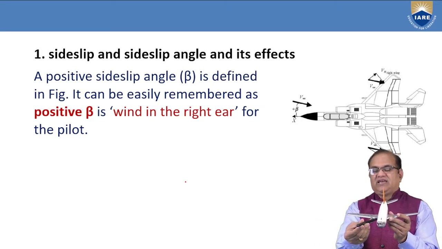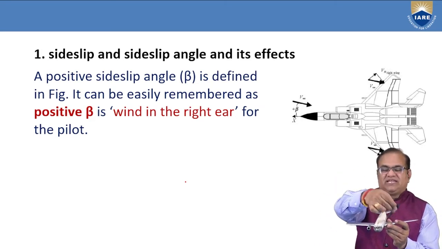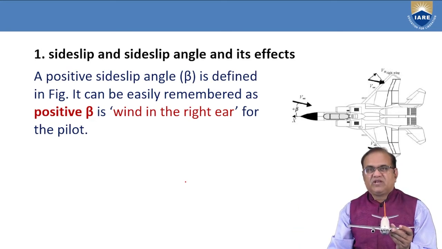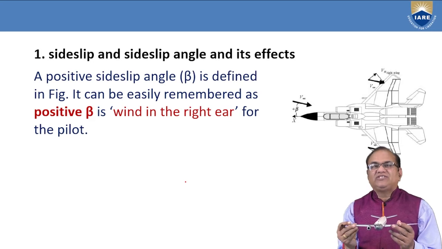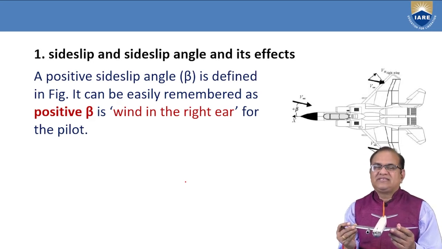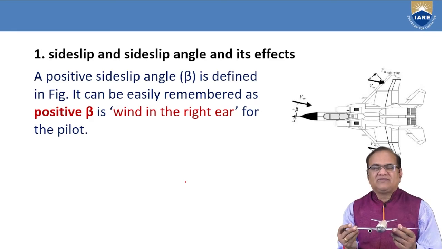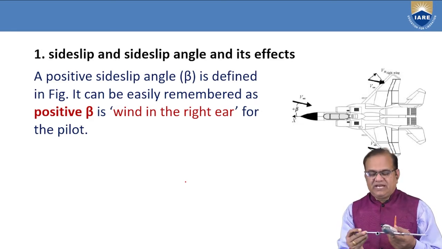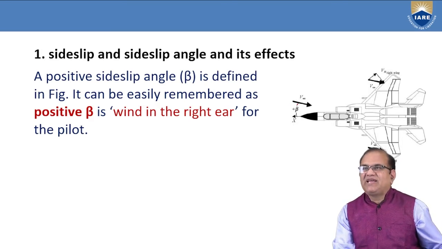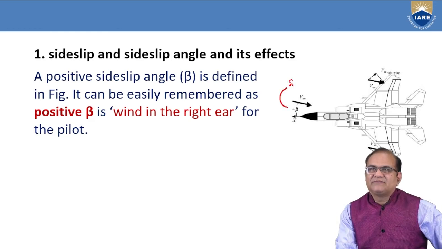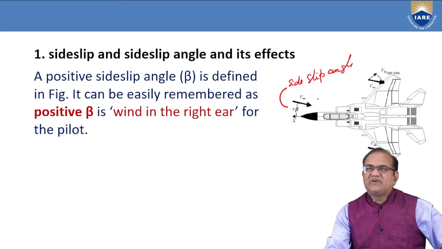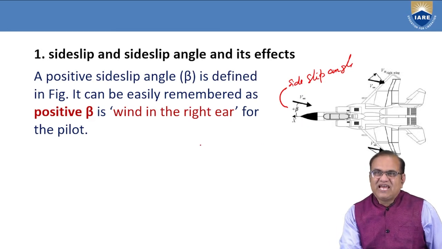It is like this. But if it is coming from this side, then we can say that it is a negative beta. So for the lateral stability, the coefficient of rolling moment CL, as I just explained, as you increase beta, CL, the coefficient of lateral stability, should be negative. That is the explanation, and here this beta is explained, and this is called the side slip angle. And what is the side slip? I will show you here.